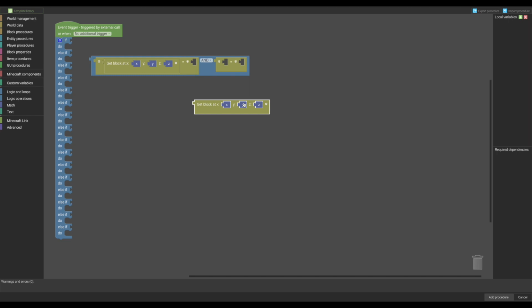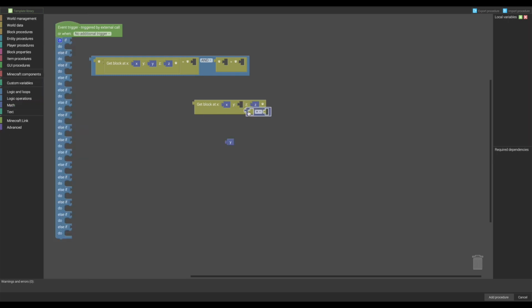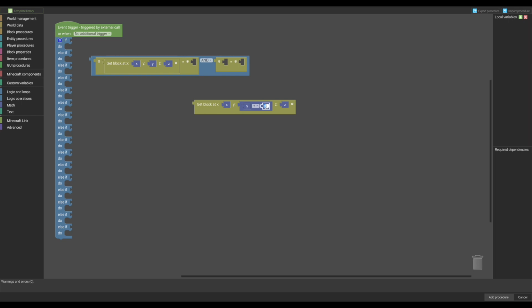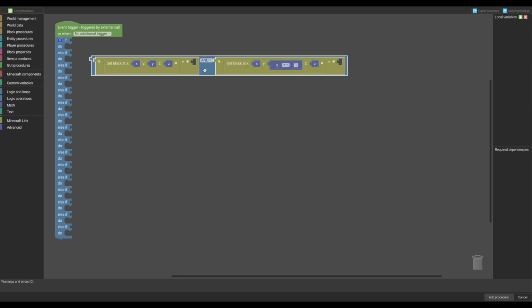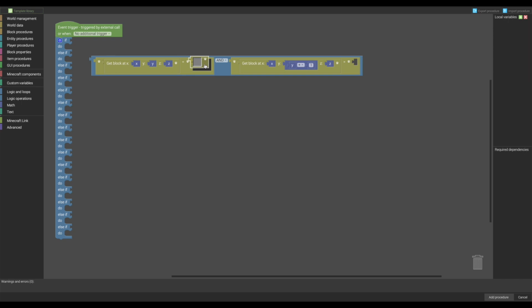Let's copy this, and we need to get a Y plus 1, so we need to go to math, get the addition block, put that in. We want to get a number and change it to 1 instead of 0. We want to put that in. And then we need to go to Minecraft components, get the block components,